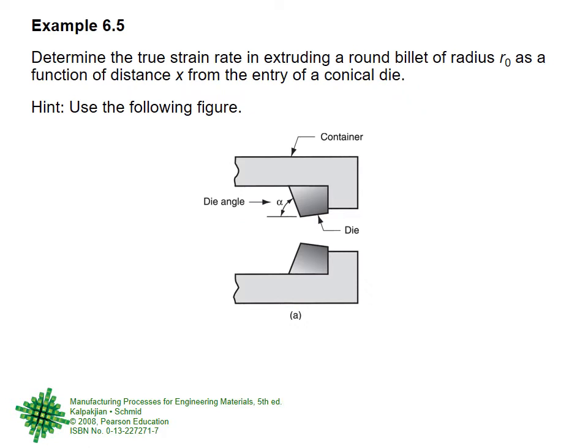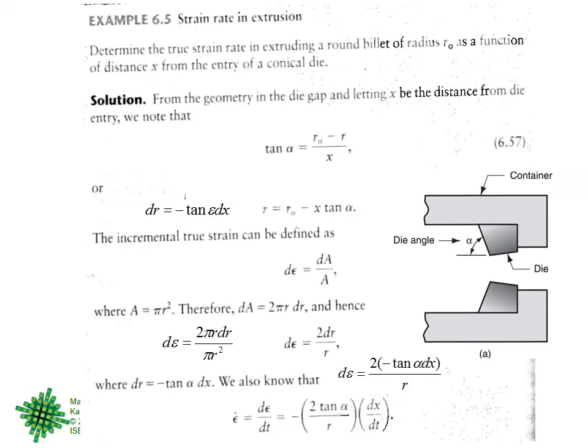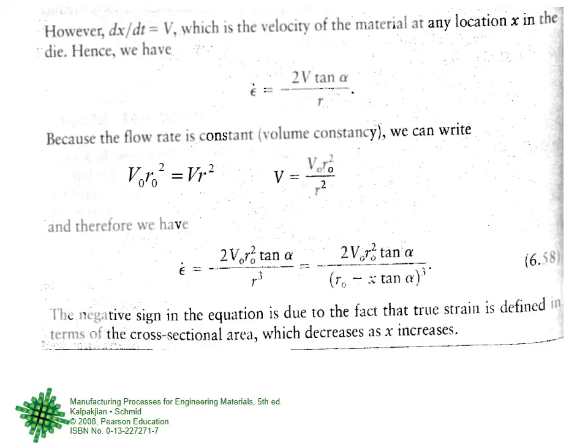We gave you this example about the true strain rate, right? The true strain rate, and we gave you as a hint this. Then together we solved it, just very simple geometrical derivation based on sine theta, tan theta, and so on, and then taking derivatives. We continued that example, and in the end we found a relationship for the strain rate, in terms of velocity and radius and die angle and the distance from the neutral axis.